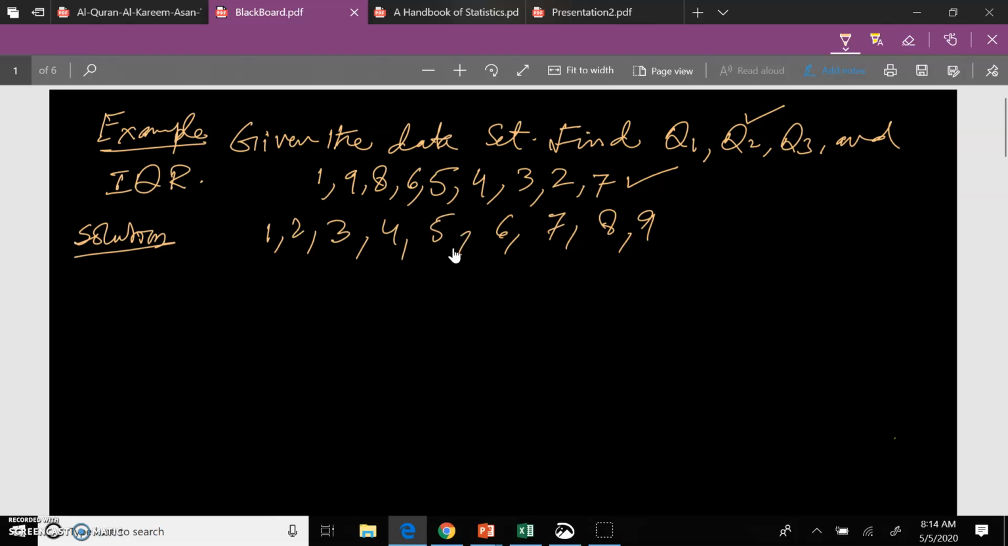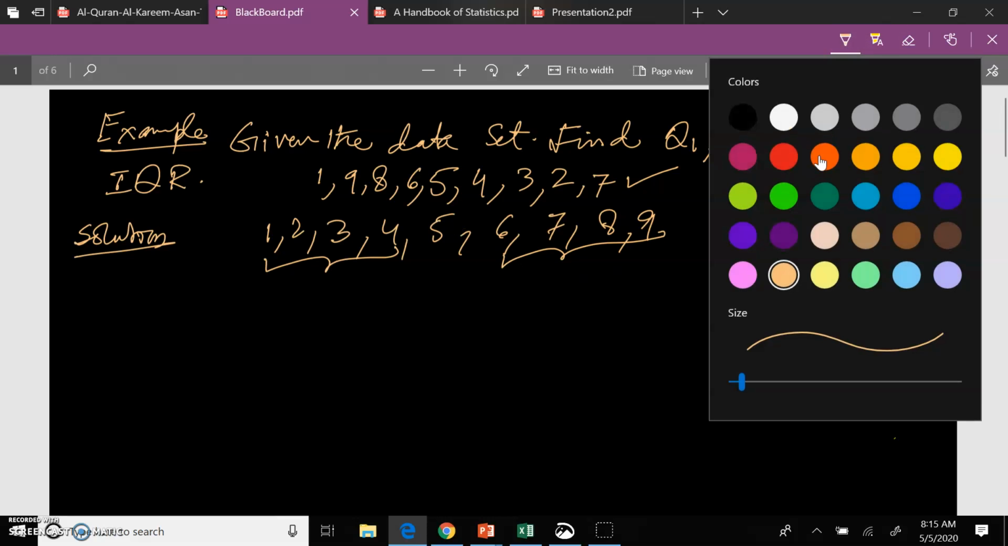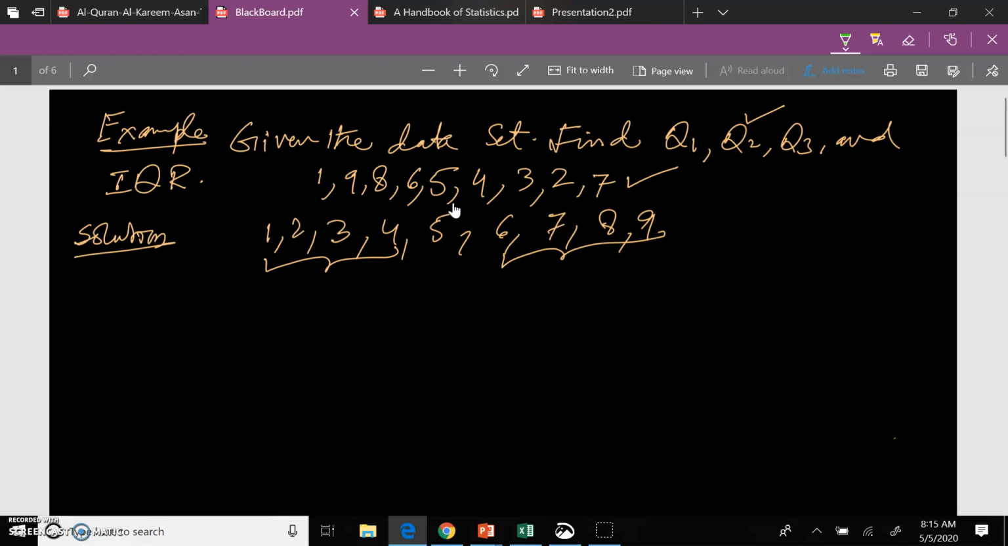The value exactly in the middle. This is the value which is exactly in the middle. Why? Because these are 4 values which are below, and these are the 4 values which are above. So this is the value which is exactly in the middle. So this is the median. This is our median. So Q2 is equal to 5, and this is also equal to,